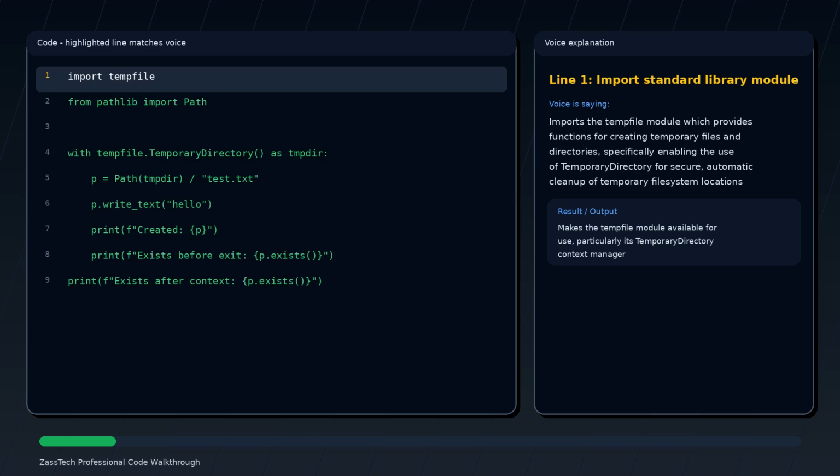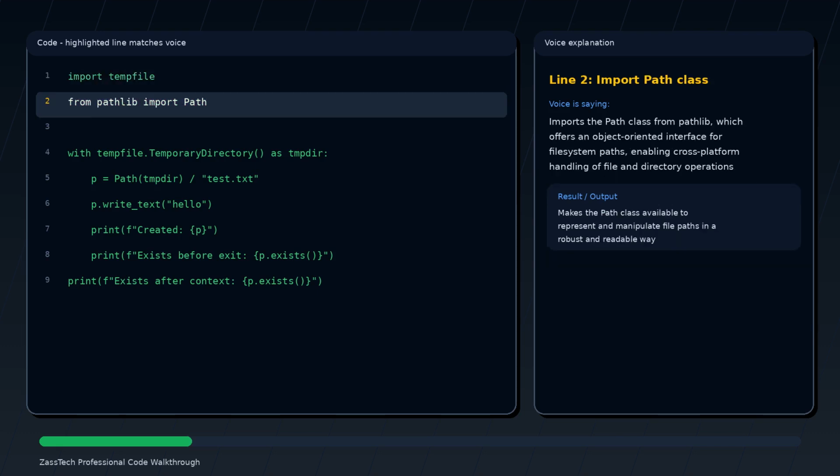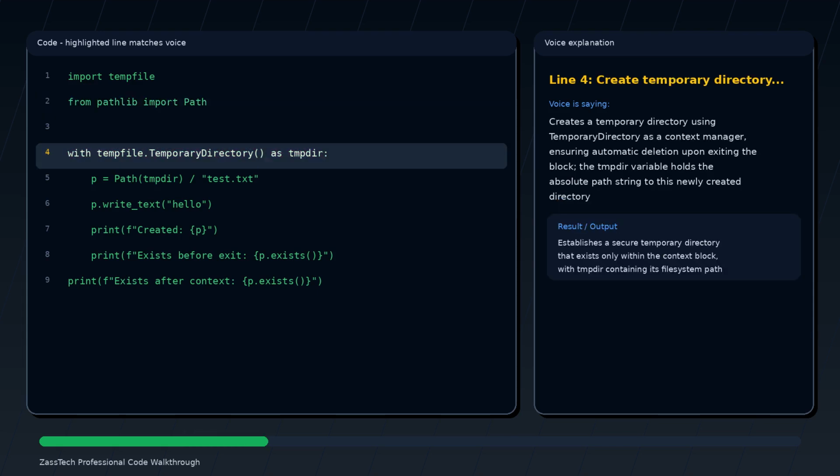Imports the tempfile module, which provides functions for creating temporary files and directories, specifically enabling the use of TemporaryDirectory for secure, automatic cleanup of temporary file system locations. Imports the Path class from pathlib, which offers an object-oriented interface for file system paths, enabling cross-platform handling of file and directory operations. Creates a temporary directory using TemporaryDirectory as a context manager, ensuring automatic deletion upon exiting the